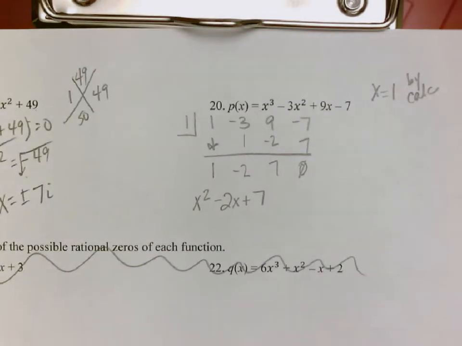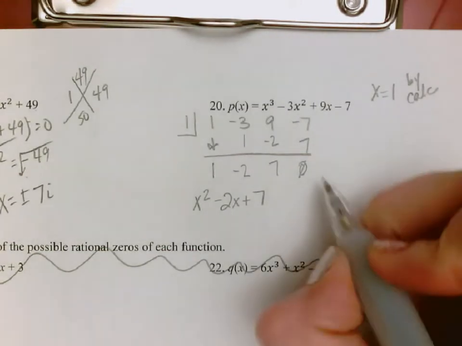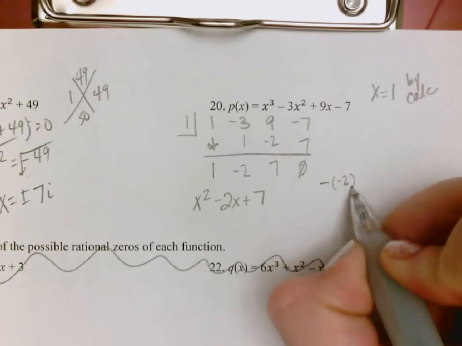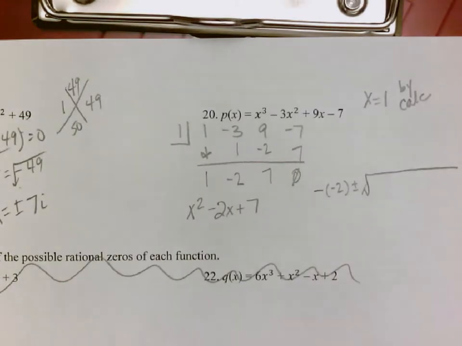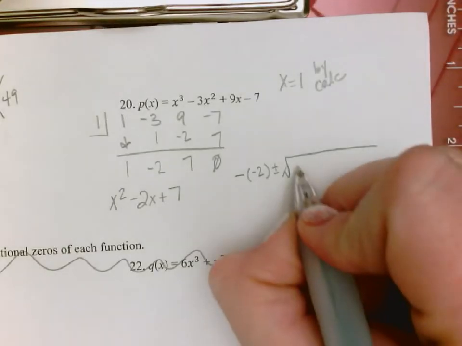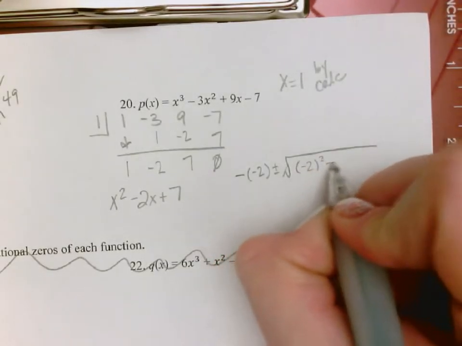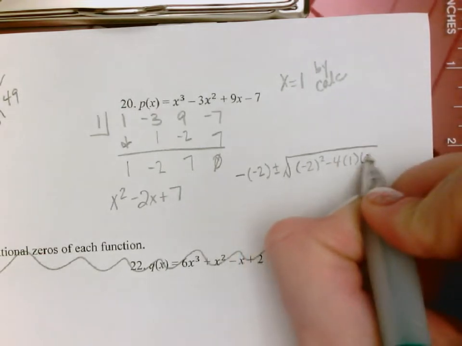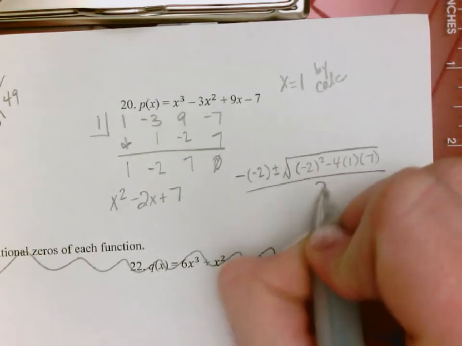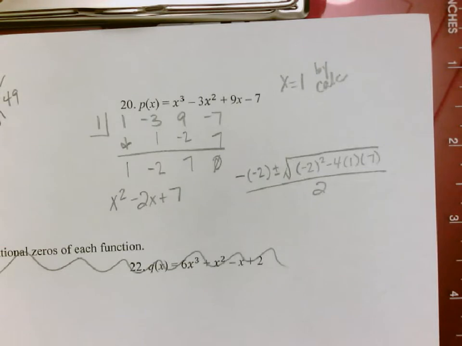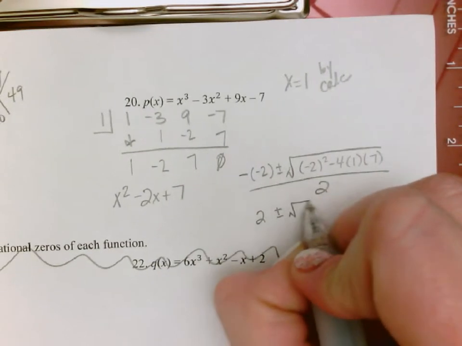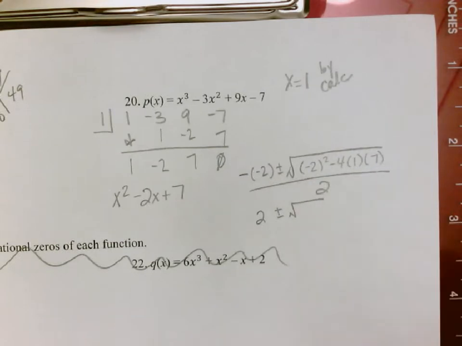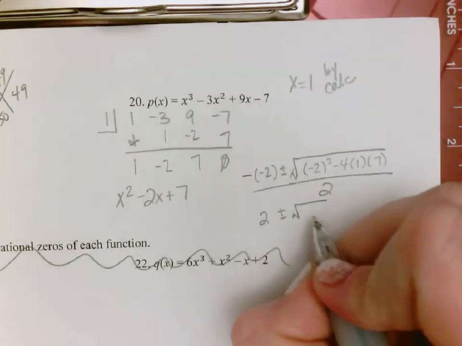There are no factors of 7 that add up to be negative 2, so I'm going to have to do quadratic formula. So it would be negative times a negative 2 plus or minus the square root of b squared. So negative 2 squared minus 4 times 1 times 7, all divided by 2 times 1. So this is going to give me 2 plus or minus the square root of 4 minus 28, which is negative 26,